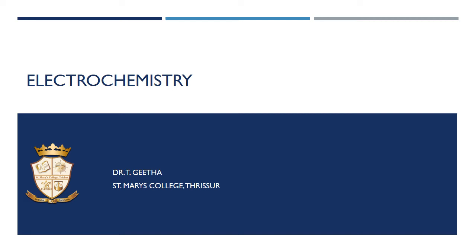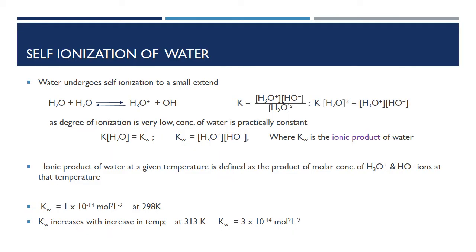Hello friends, in this session we will discuss pH and the buffers used to maintain pH. Water undergoes self-ionization to a limited extent. Upon self-ionization, water gives rise to H3O+ and OH- ions, and the equilibrium constant is given by the